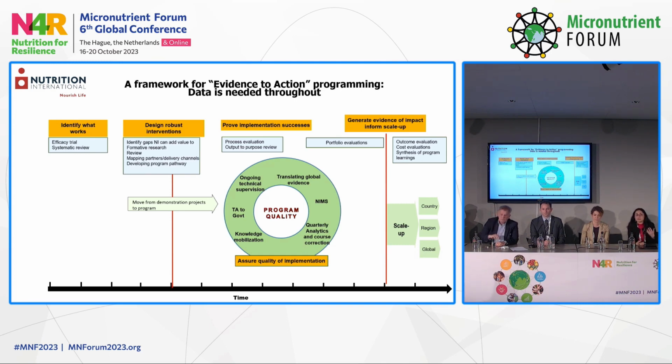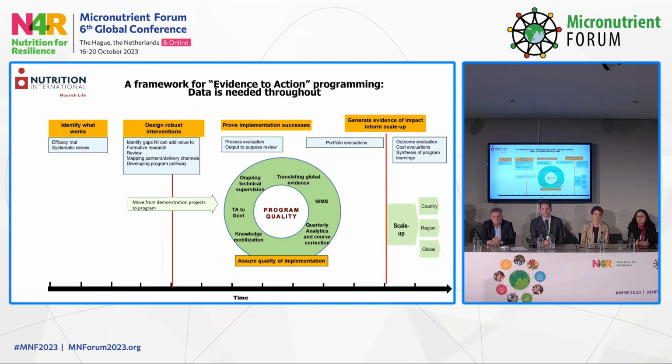And we look at, for example, our portfolio on child survival. How are we having an impact on mortality in children? We look at our portfolio on anemia. How are we working on reducing anemia rates in our key target populations, women of reproductive age, young children? So those are the types of portfolios that we look at. And again, data can help us understand better how we are performing and improve the quality.